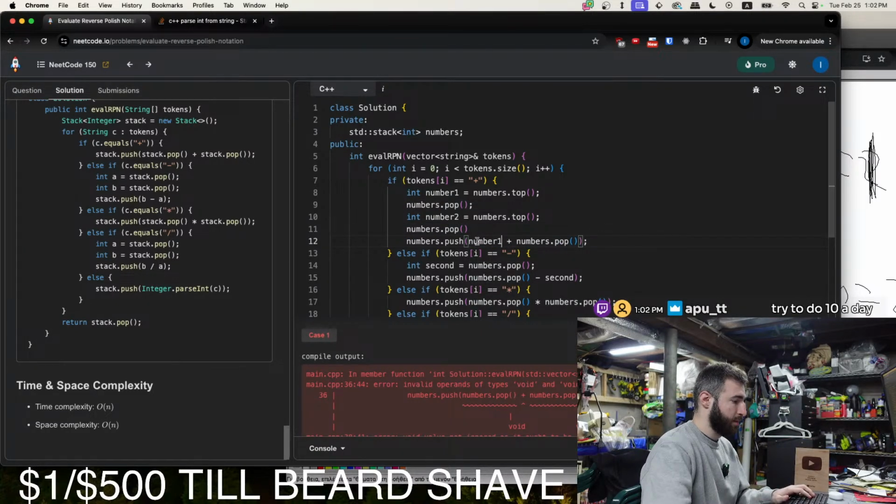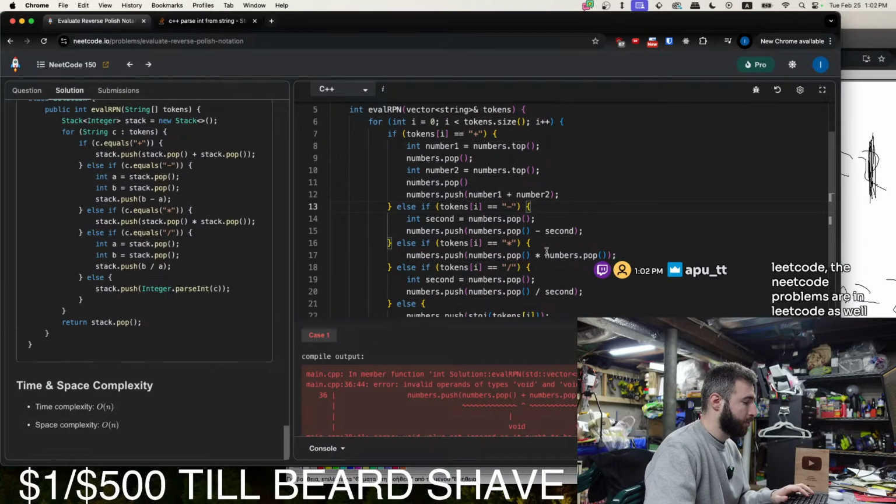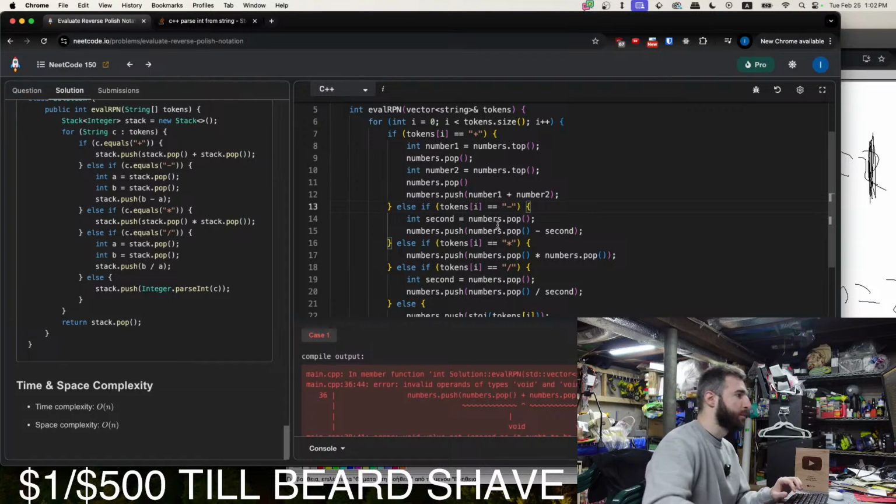Plus number 2. Try to do 10 a day. Holy cow. How long does that take you? Yeah. Okay, cool. Yeah, trying to get your profile up like BetSimp, huh? Holy cow. Can you imagine solving every single Leetcode problem? That's insane to me. There's 3,200 problems.